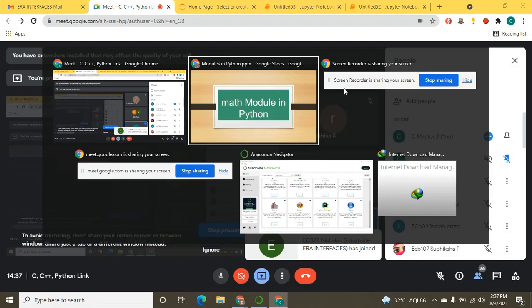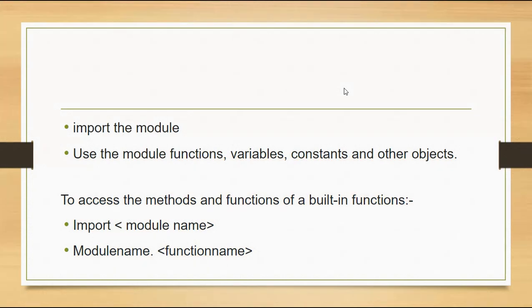So whatever module you want to use, to access the methods and functions of a built-in module, what will you do? You will simply write import and your module name to use the methods and functions of that particular module.